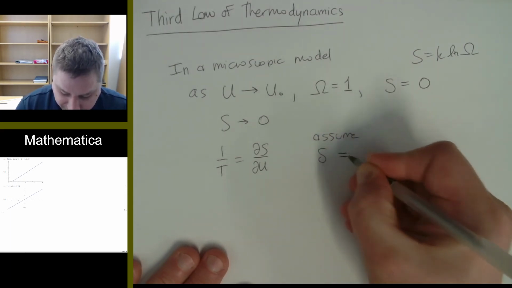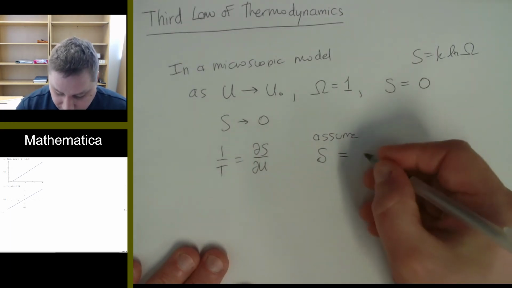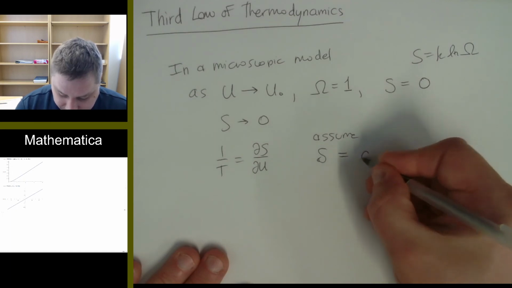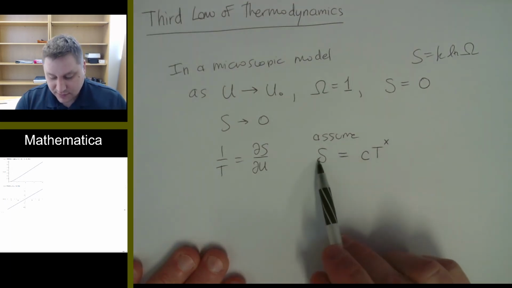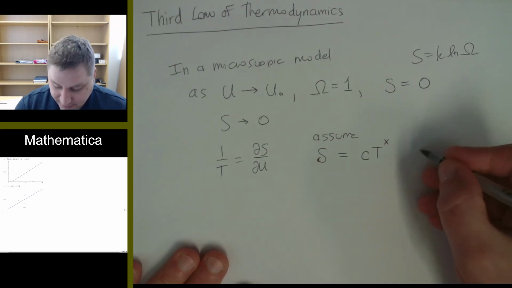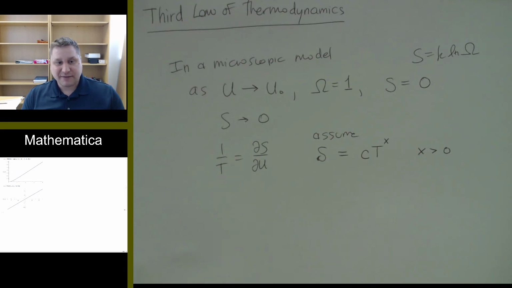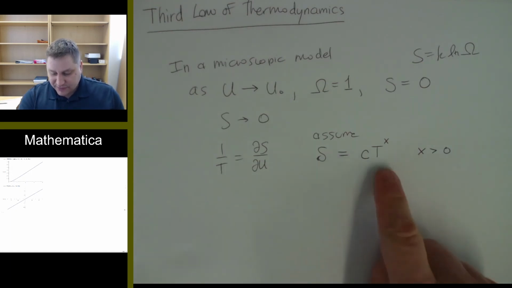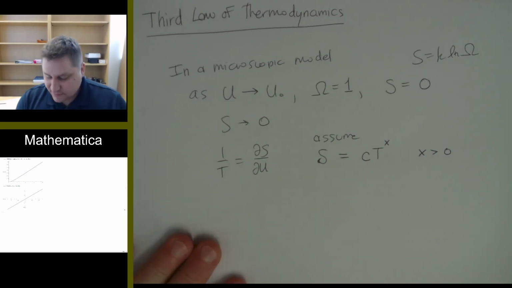And it will be based off of this. Assume the entropy approaches 0 as some power of the temperature, x, where x just needs to be a positive power. If x was a negative power, the entropy would diverge at 0 temperature. But with a positive power there, it's going to go to 0 in some way. All right? So if we do that,